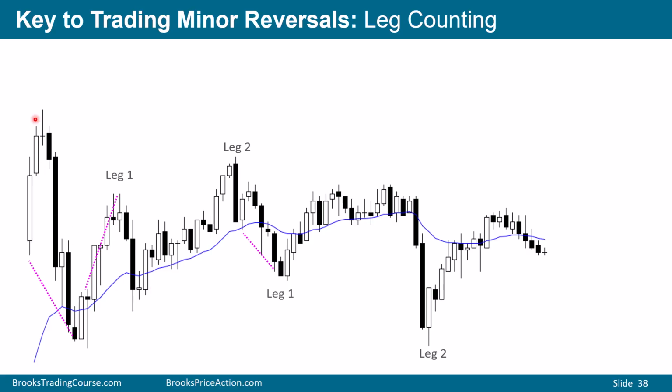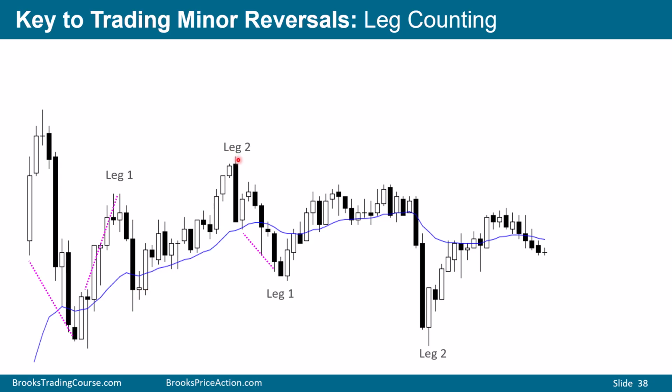Here we have a sell-off. But if you look at it closely, it's 3 legs down. We sold off, rallied, sold off again, rallied, and sold off a third time. This sell-off was strong enough for a second leg down. But look what happened on the rally. We rallied and reversed. We rallied again and we pulled back. And then we rallied a third time, forming a parabolic wedge. We sold off and then we rallied all the way up here.